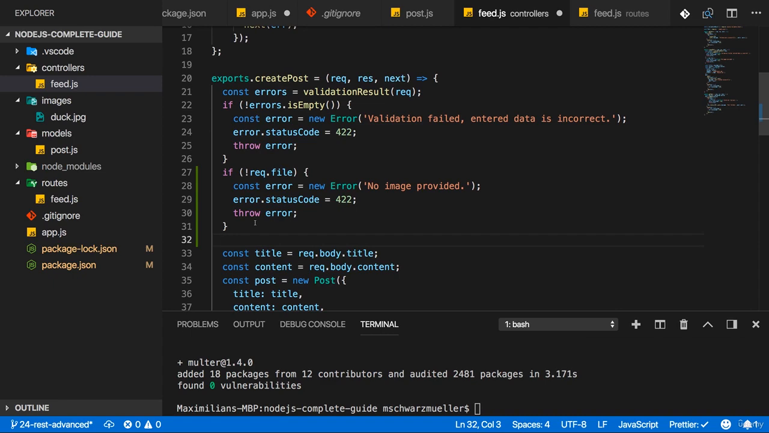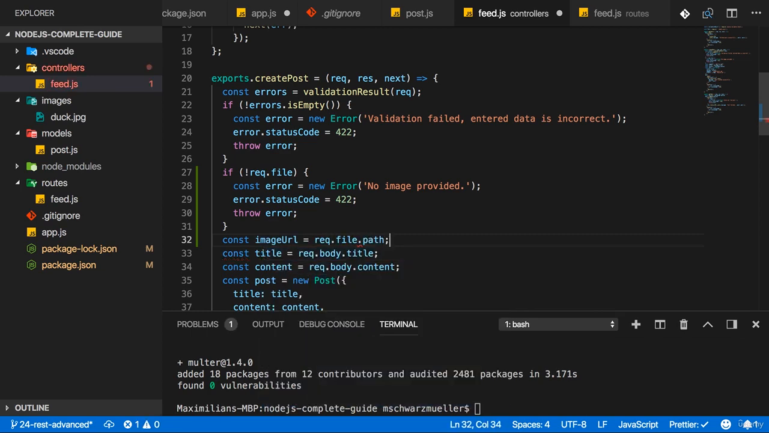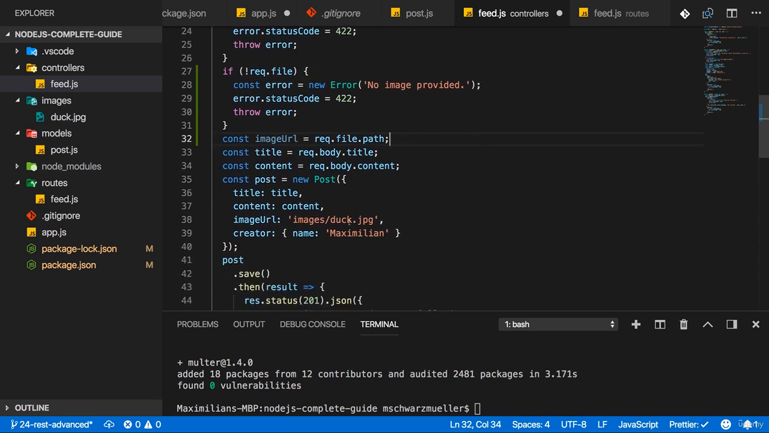Multer was able to extract a valid file. So then I'll just set up an image URL constant, access request.file, and there the path variable, which Multer generates, which holds the path to the file as it was stored on my server. And now this image URL is what I use here as an image URL, of course, instead of my dummy data. Now we should be able to extract files